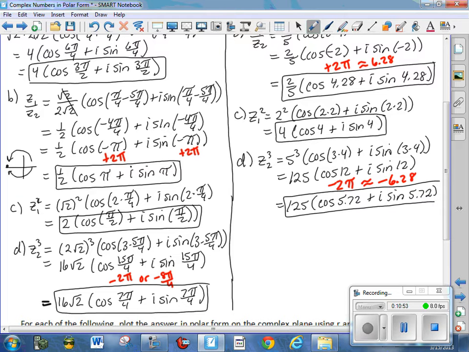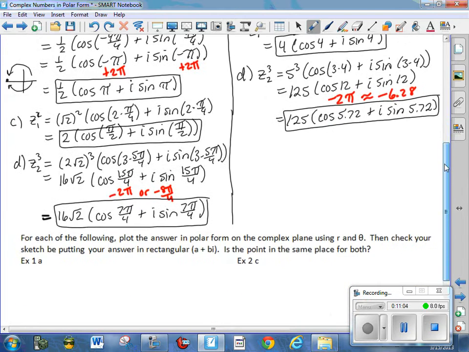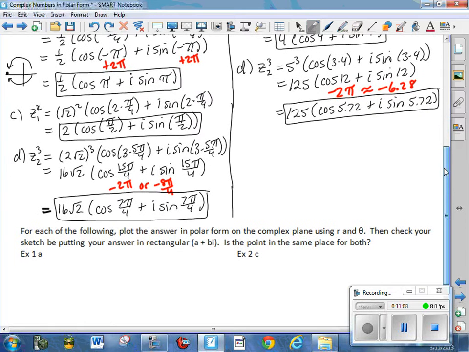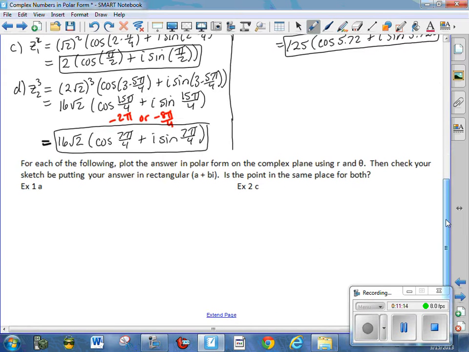So those are the polar form. Now you might wonder why we're doing this, but it is leading up to something kind of useful on Monday that has to do with this. So this is just kind of practice using the operations right now. The last question is asking you now to confirm that the answer in polar form and the answer in rectangular form actually are the same by plotting it on the graph and looking at it, putting it in both forms